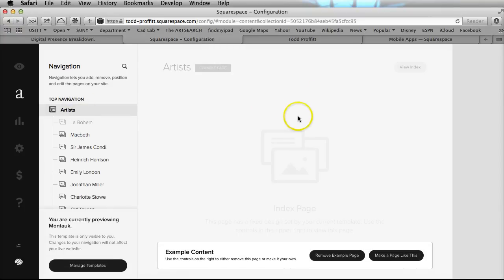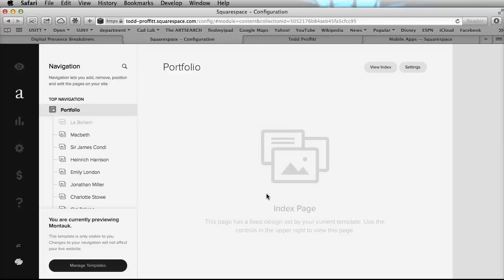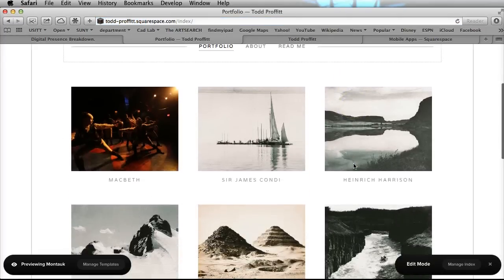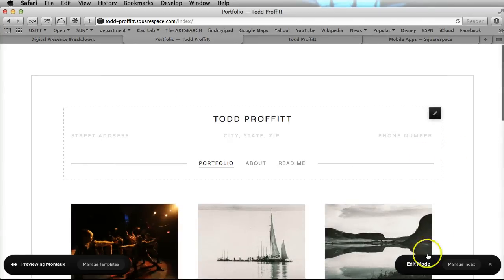Artist. Let me go back here real quick. And we're going to make a page like this, except we're going to call it portfolio. Okay. And let's go ahead and view the index. So right now you can see we've already got Macbeth, and because I've already published it, I'm going to go back and